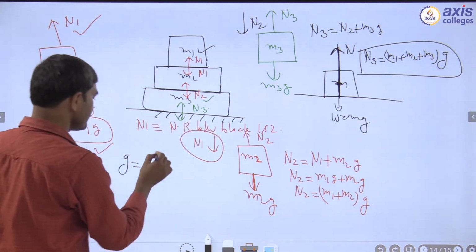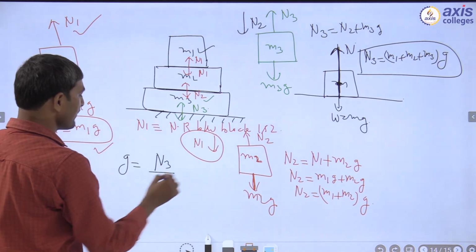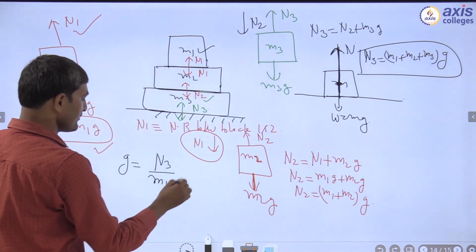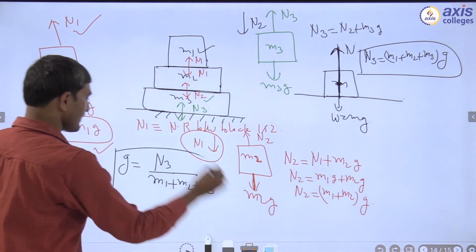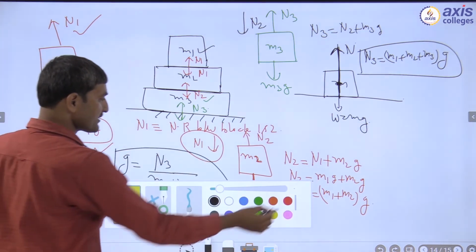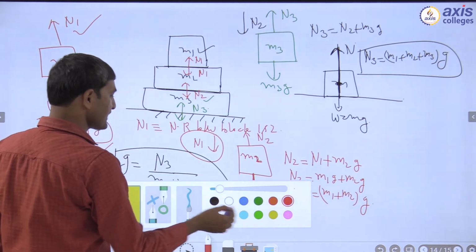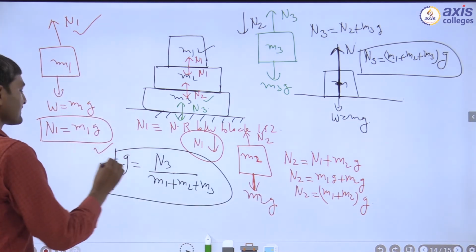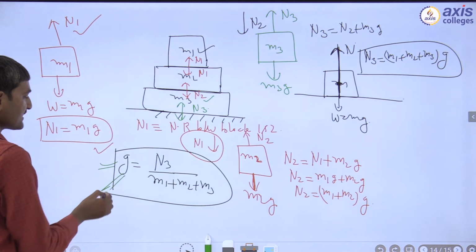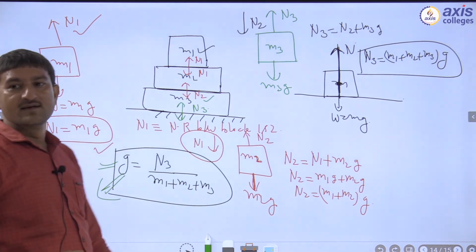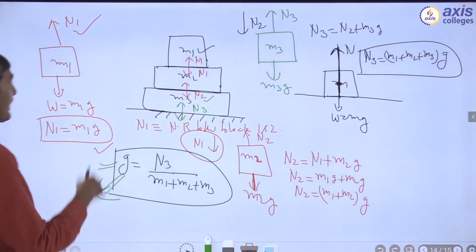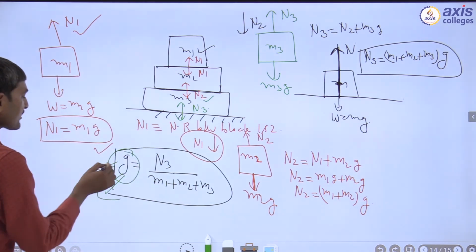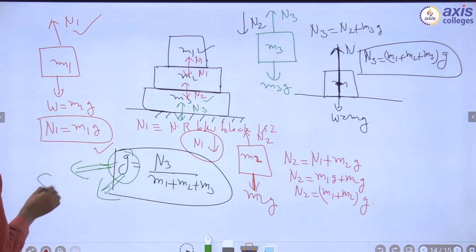Z equal to N3 divided by M1 plus M2 plus M3. So what is the meaning of this equation? This equation tells us that Z is the common acceleration, because for all the 3 blocks Z is the common acceleration. So we can conclude that this Z is a common acceleration,